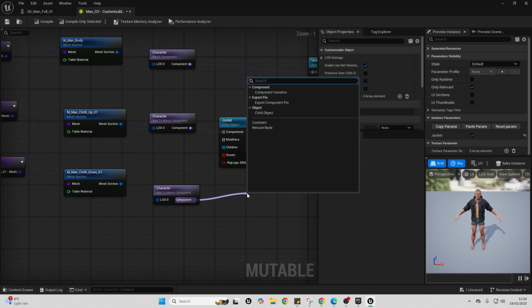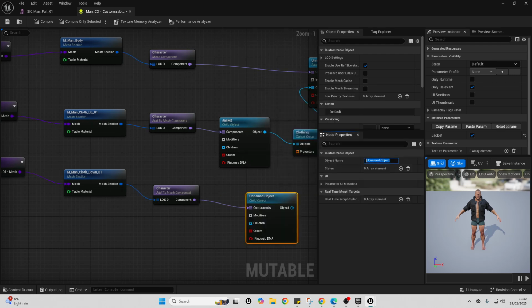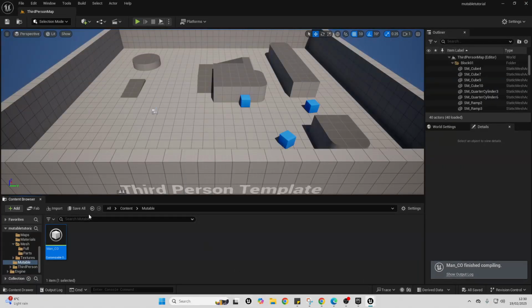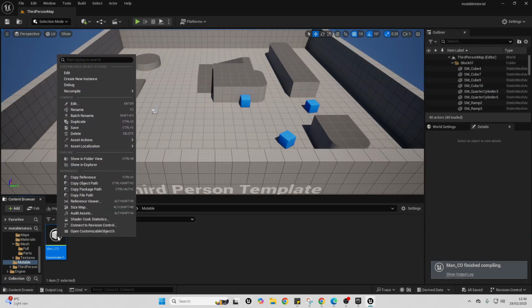Then I'm just going to drag off here and look for a child object. I'll call this one the pants. And then I just want to connect from here into objects and then just go compile. And now I can toggle my player character's pants and their jacket. Nice. We can save this, close this, and then we just want to right click on the customizable object and